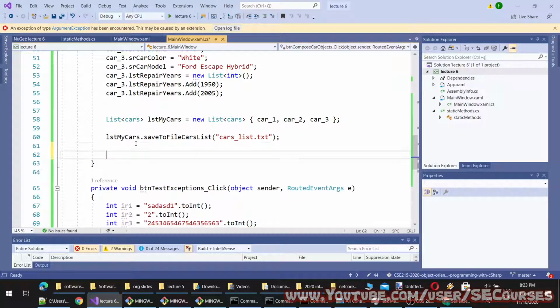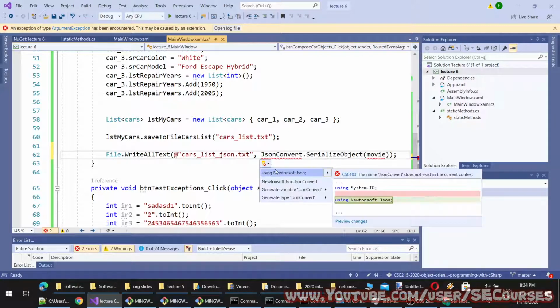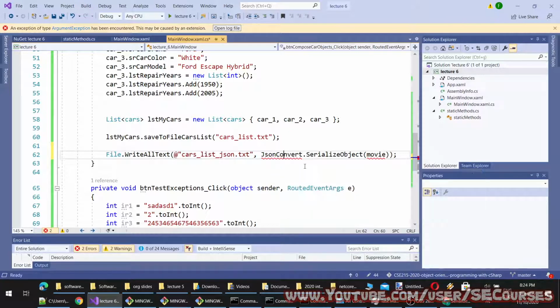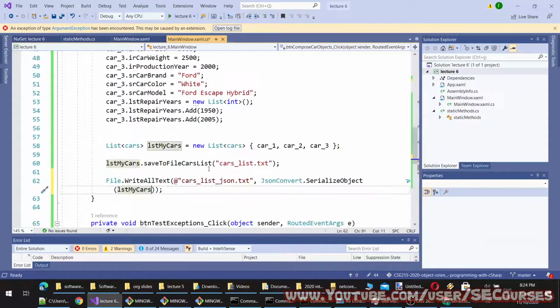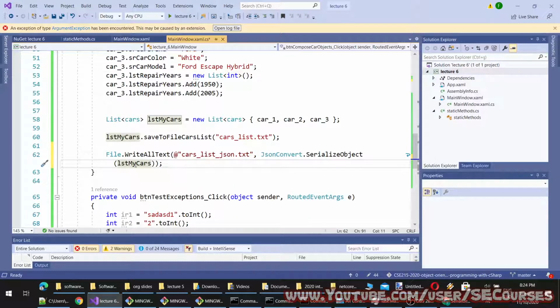Then I'm going to use this cars list JSON, and to use this method I need to add using Newtonsoft.Json, and it takes the object. Okay, serialize object. By the way, for this to work, the object probably needs to be serializable. So if your object is not serializable, it may cause problems. I am not sure because it just takes an object, as you can see, nothing else, any object.